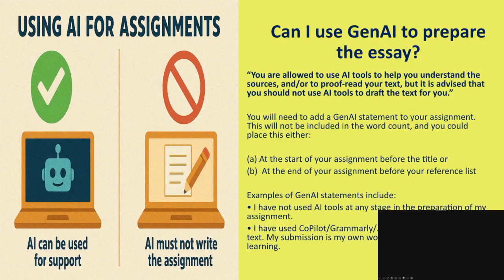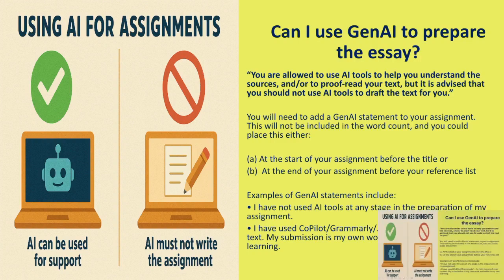So it might be, for example, you ask Copilot or ChatGPT to find some readings for you. Or once you've written your work, you could ask ChatGPT or Copilot to check your spelling and proofread it for you and see if it has any suggestions. What you can't do, though, is ask Copilot or ChatGPT to write the answer for you. So just bear that in mind. It's the same guidance as the first one really. So by all means, if you want to use it as a starting point, do you know what?